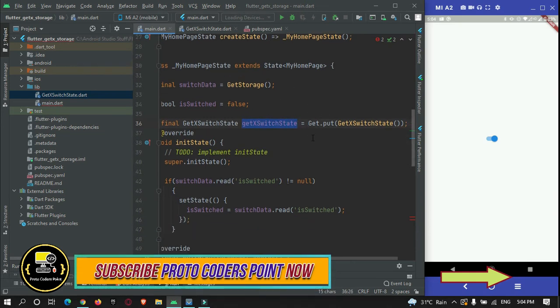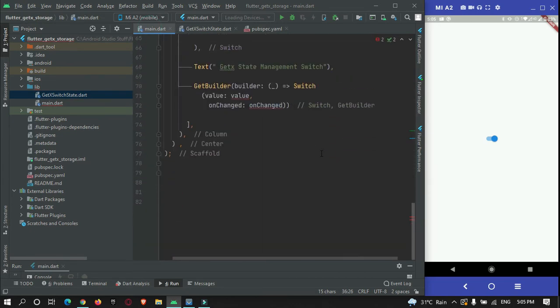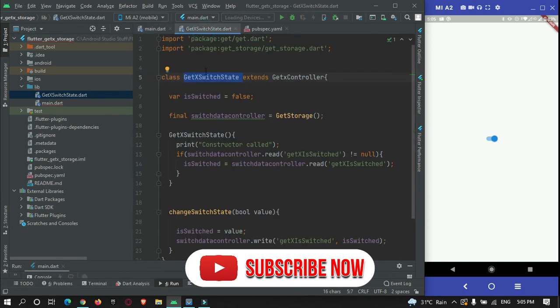Now you can use this instance to access the variable or data from this class. So here value dot isSwitched. We are accessing isSwitched of this class.